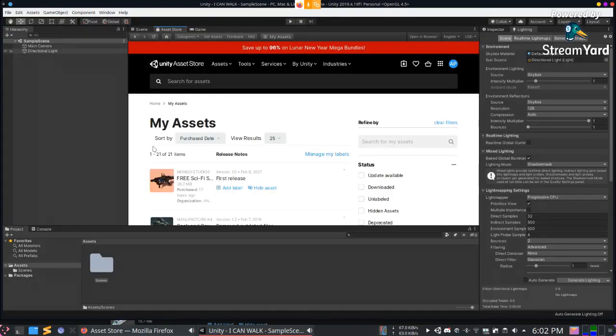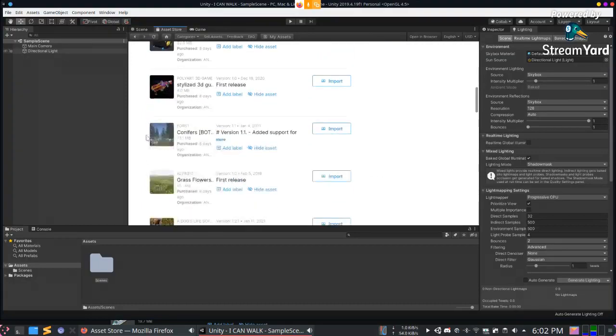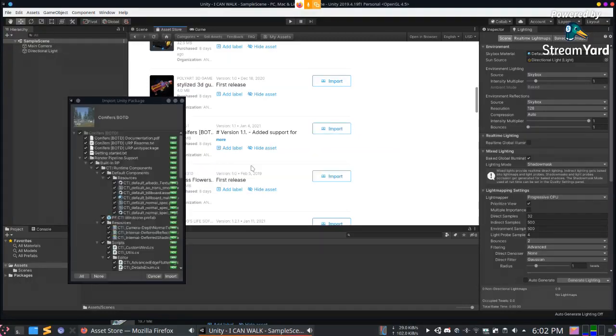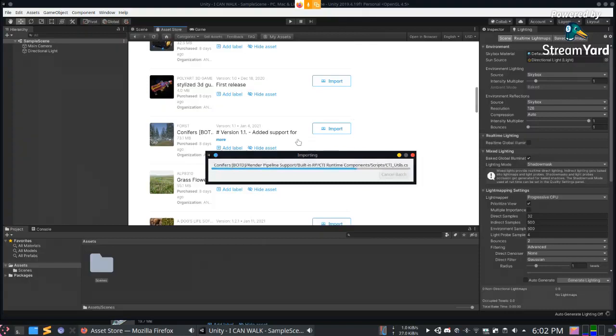We would recommend using the browser for finding your assets, and when you are done finding them, just import them from here. The first asset I'll be importing is the coniferous package. Give it a minute, this sometimes takes some time. If you haven't downloaded it yet, it will give you a download button. After you have downloaded, you can import it. You need to download only once, but you will have to import it each time for a project.